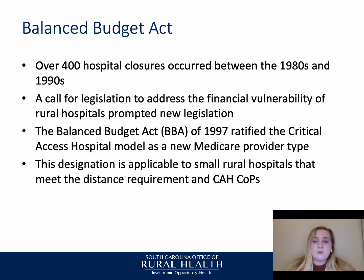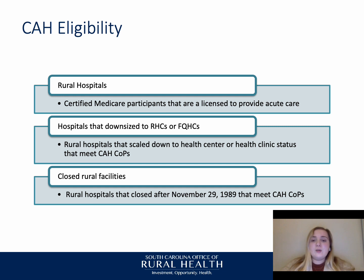The Critical Access Hospital model achieves this goal through a set of eligibility and conditions of participation requirements, those of which we're just going to discuss now in more detail. Now, the Critical Access Hospital model was created through the BBA with 3 main stakeholders in mind. These are outlined as rural hospitals that are certified Medicare participants and that are licensed to provide acute care, hospitals that served as licensed rural hospitals but had since downsized to rural health clinics or federally qualified health centers,